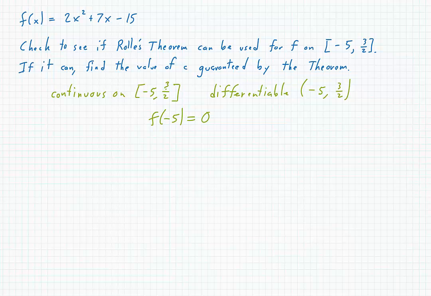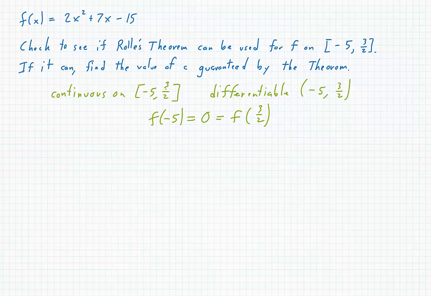I'm also going to take a look at f(3/2). So I'm going to take 2 times (3/2) squared plus 7 times 3/2. We'll subtract 15. And I get 0 there as well. So all three requirements for Rolle's theorem are satisfied by this function. So we can find at least one value of c in the interval -5 to 3/2 that is guaranteed by